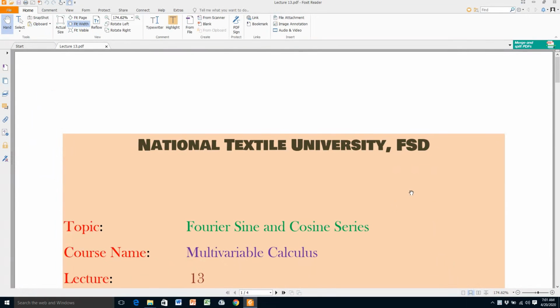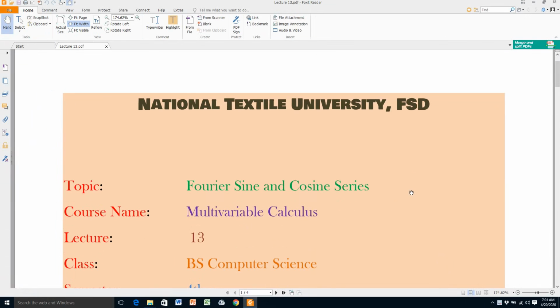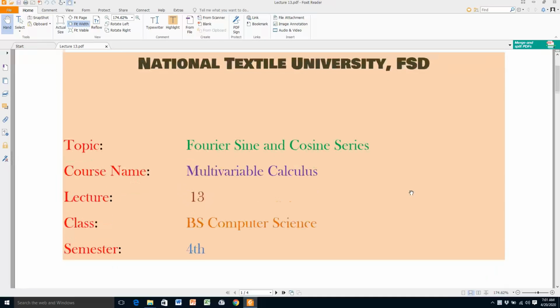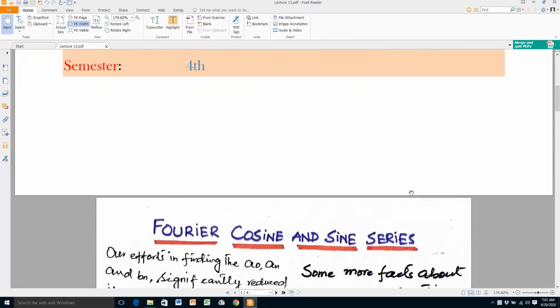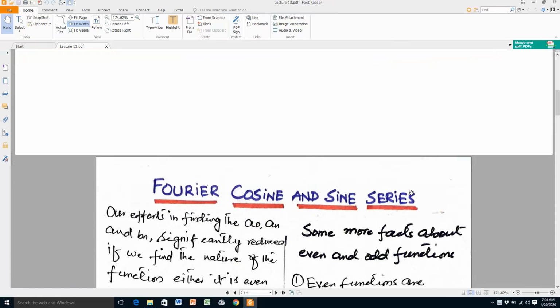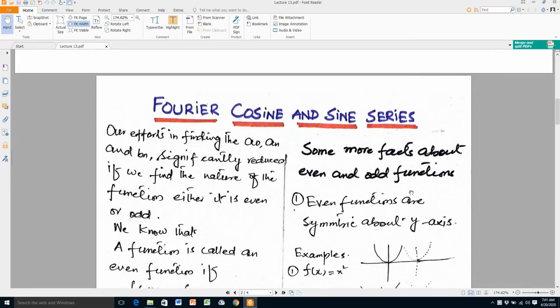Today our next topic is Fourier sine and cosine series. It is our lecture number 13. So I am writing here a Fourier cosine and sine series. Our efforts in finding the a0, an and bn